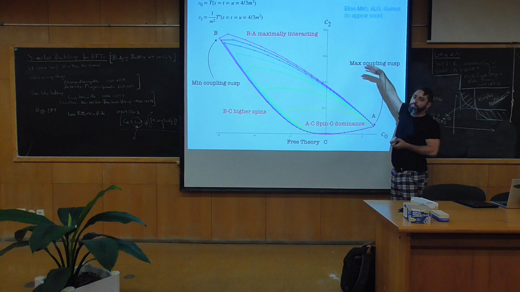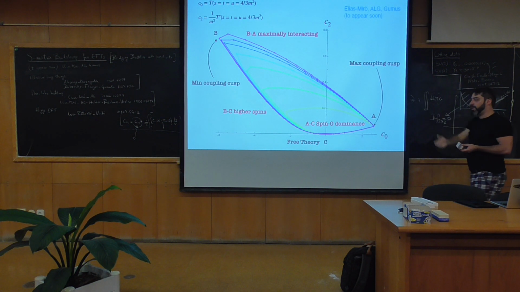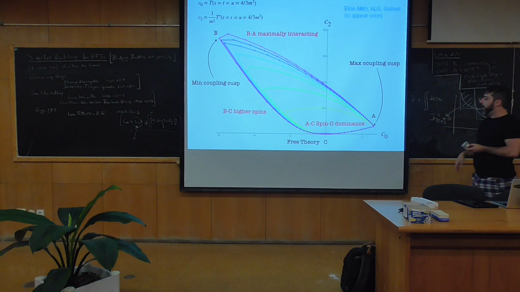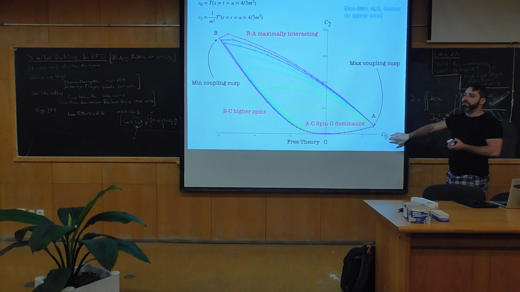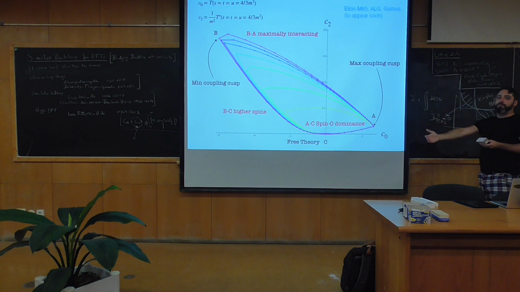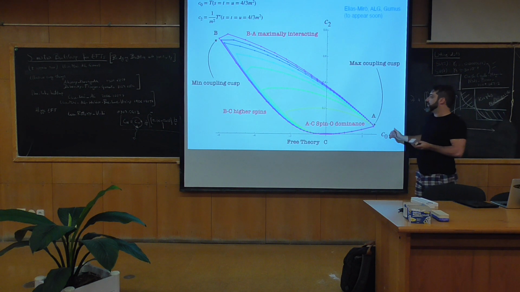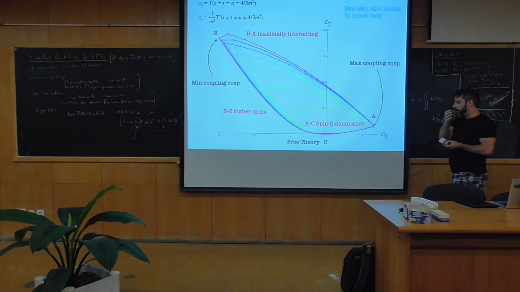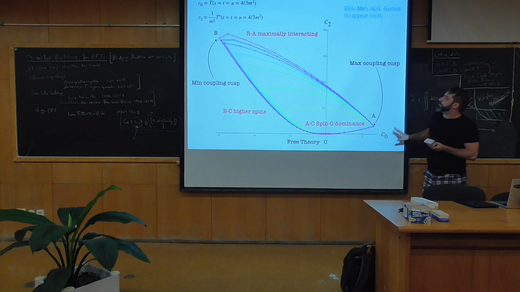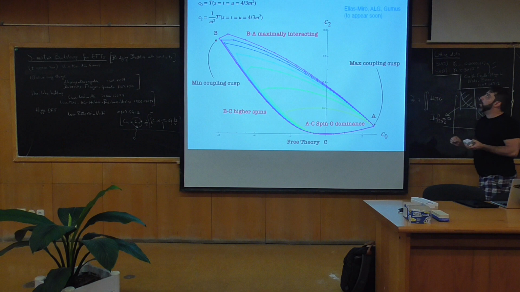This C2 is the second derivative, which would be like a dimension 8 operator, so higher order operators. And C0 is the quantity that you need subtractions to bound. So this is not bounded by positivity, but unitarity gives you some sharp bounds, more or less sharp. And this is the space.